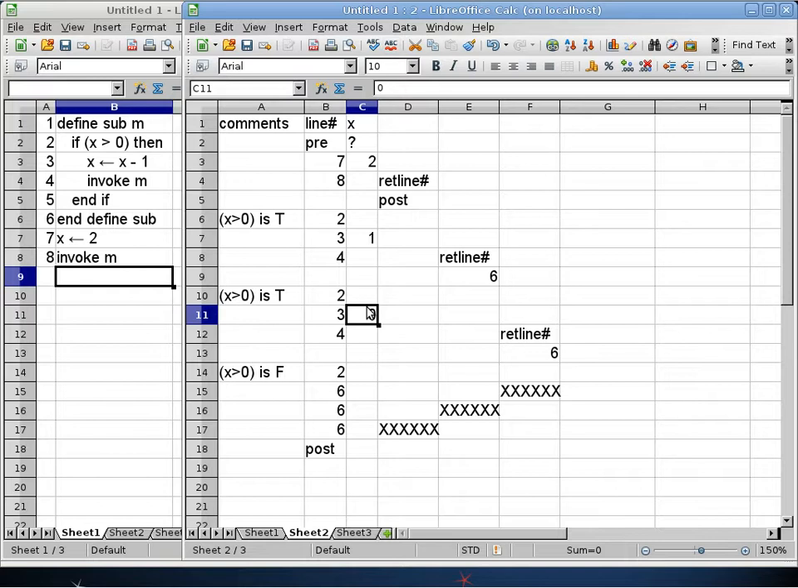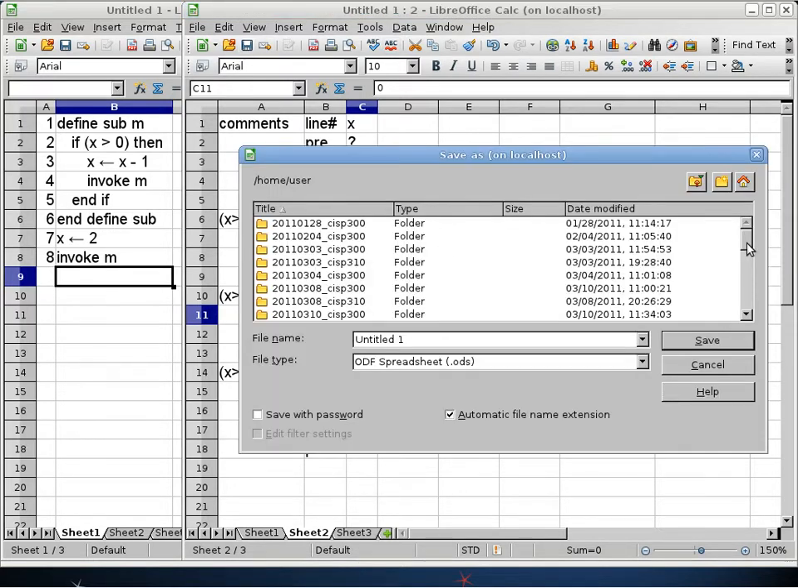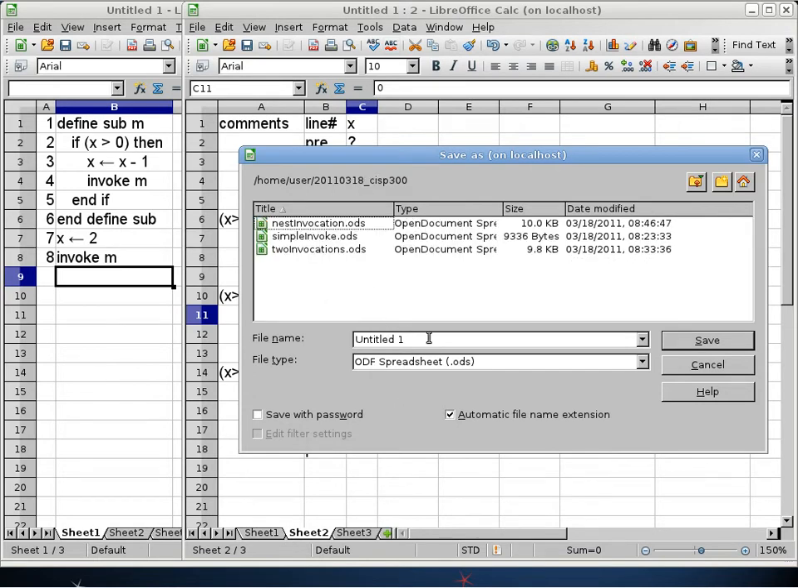Well, at this point, let's go ahead and detour a little bit and just talk about recursion, and why we even want to talk about recursion. What kind of stuff in real life is recursive? So before we do anything like that, we'll go ahead and save this file. We'll call this recursive